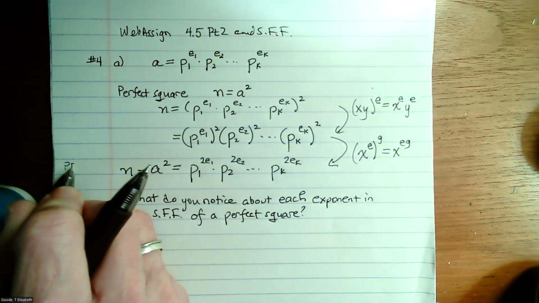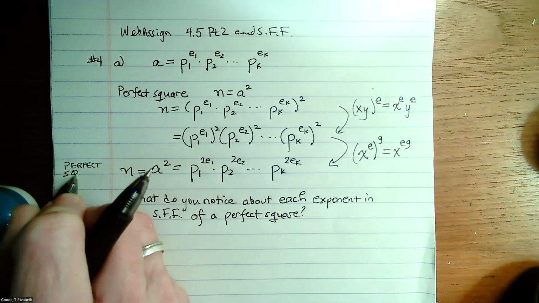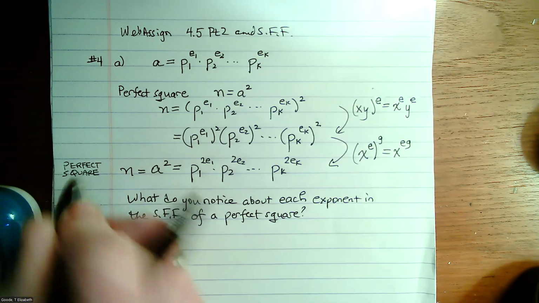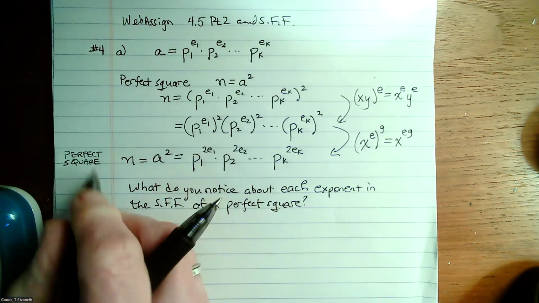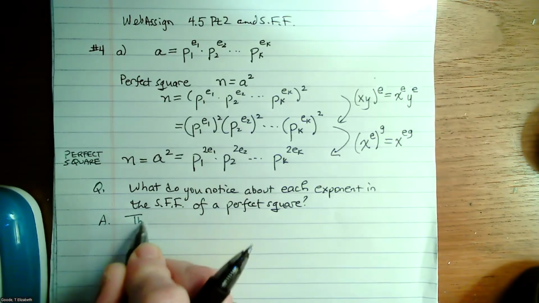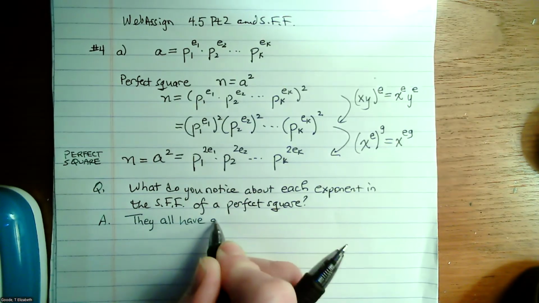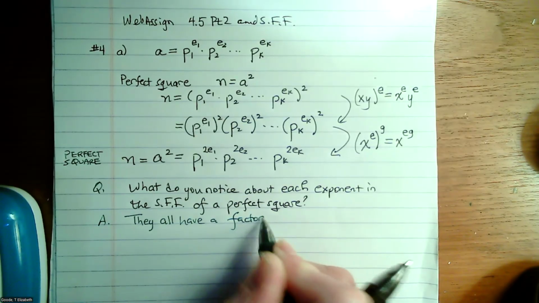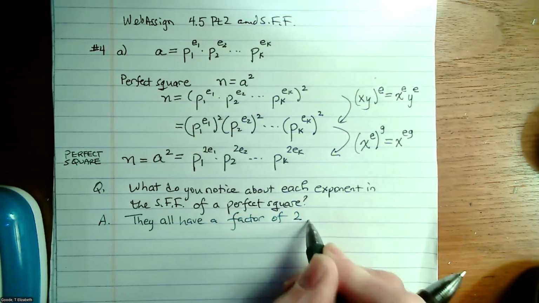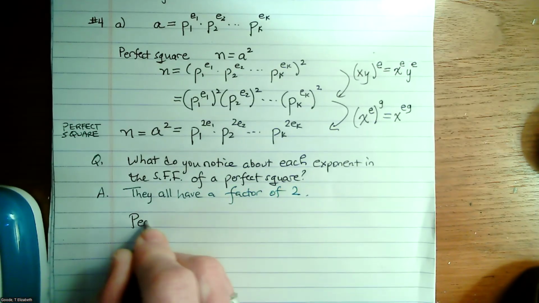This is a perfect square, right? Sorry, go ahead. They're all times two. I don't know what else. Yes, yes, they are all even. They all have a factor of 2. They're all even, right? So if we look at a perfect cube,